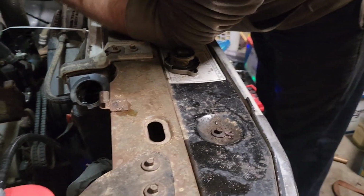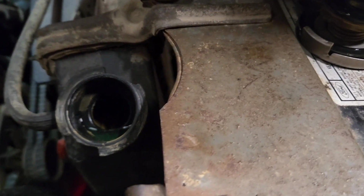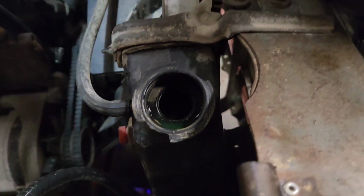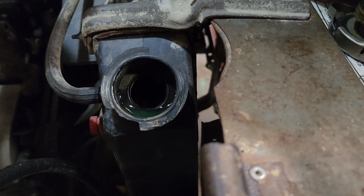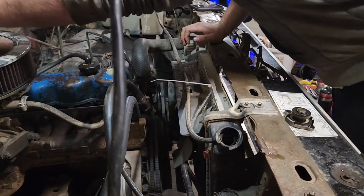Yep. It went down a little. It didn't go down. I might have put too much water in because it went down barely. No, it's gone. No, it's right there. Oh, it's at the top still. Yeah, it hasn't warmed up yet. Not enough to actually...